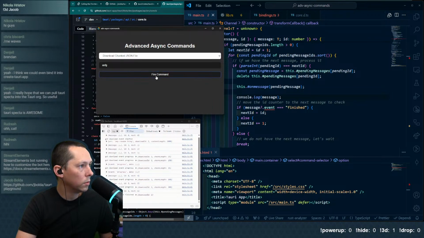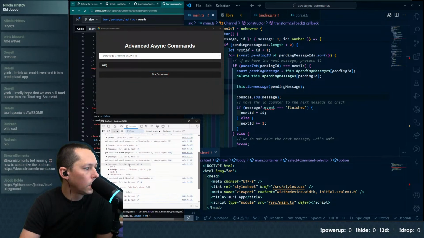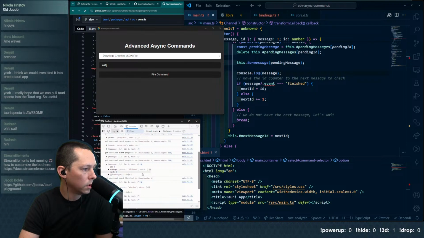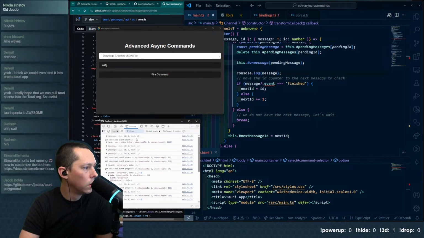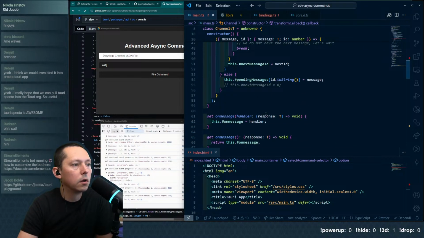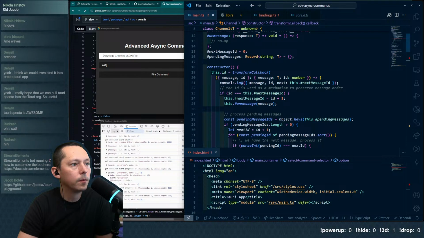So if we do that again, our last message here is get download event. Here, progress data. Ooh, this is getting a little bit much. So here we're logging out message.